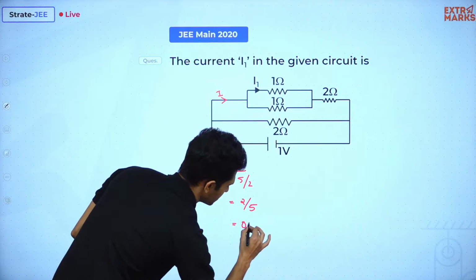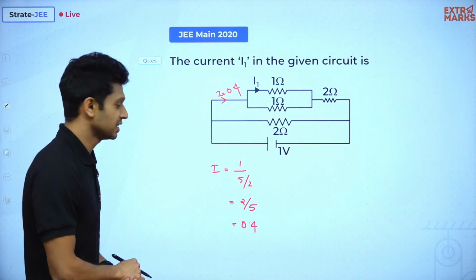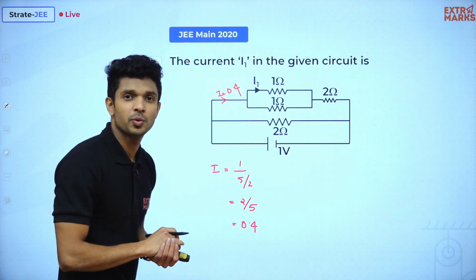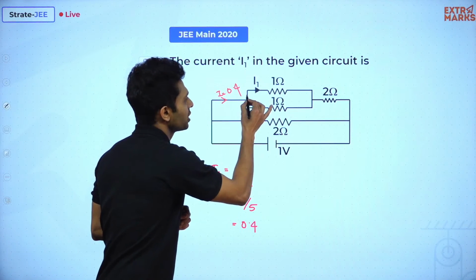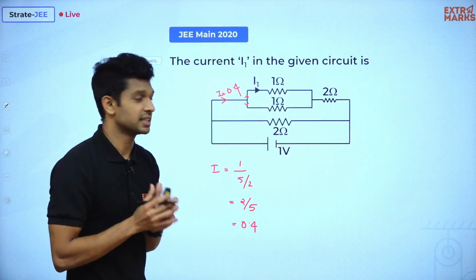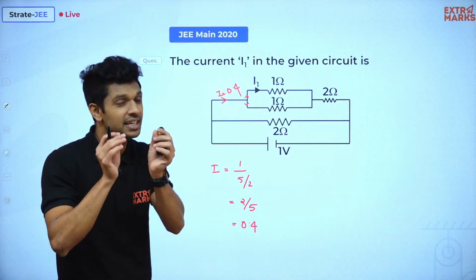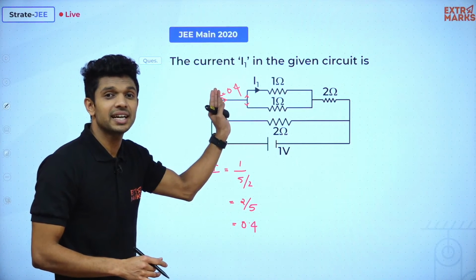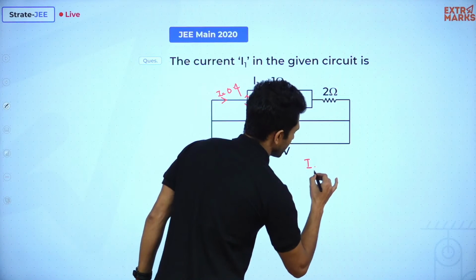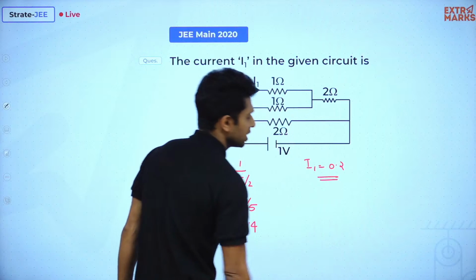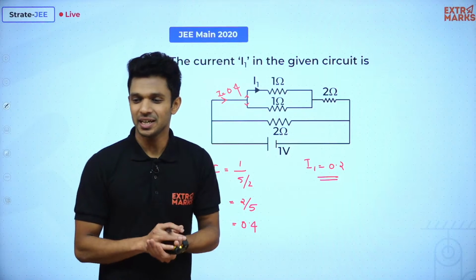So how much is that? 0.4. Which means the value of current passing through this is 0.4. अरे कितने सिंपल से हो गया? Is our answer 0.4? अरे बिल्कुल नहीं. हमारा आंसर कितना? देख ले, this 0.4 is actually going to divide as two different currents. But as the value of the resistances are equal, they will be divided in an equal fashion, which means 0.4 will be divided equally as 0.2 and 0.2. So I1 का value कितना? I1 का value हो गया 0.2. Isn't it? Simple सा. Simple, right?